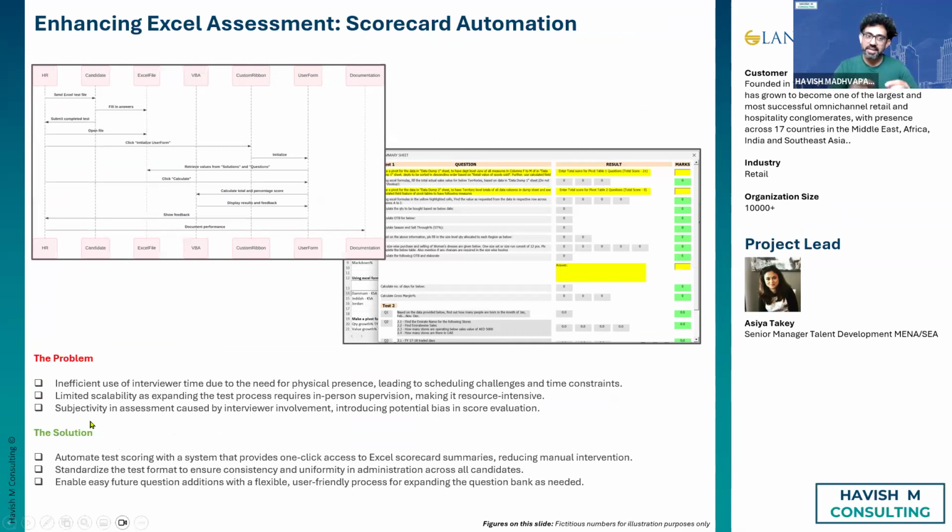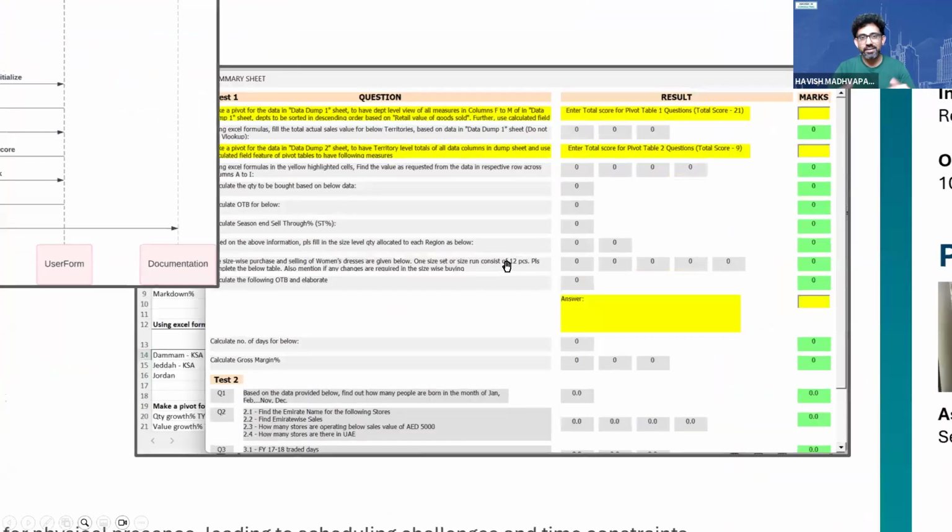It's not scalable because every time you need a person to supervise when the Excel examination has been given, which means it's very resource intensive and it is not process but person driven. Then we also have an element of bias and subjectivity because there is a person who's evaluating the candidate. What we did was we automated the entire test scoring. So now, rather than the user having to go and check for the responses, everything is checked automatically and you get a summary like the one that you see on the screen right now.